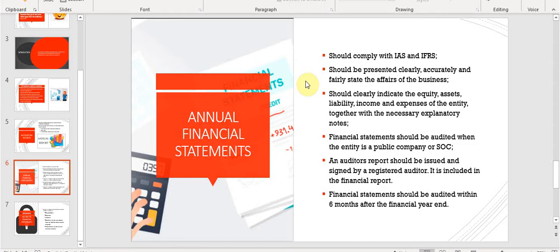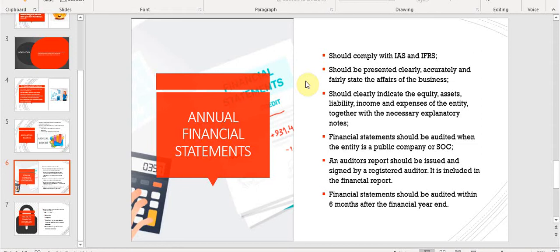If it is a private company or a personal liability company, of course, we look at those intervals. Is it less than 100 points? Is it between 100 and 350 points? Will it be more than 350 points? And if it is necessary to be audited, then you know that you need to have an auditor's report that forms part of the annual financial statements, and it should be signed off by a registered CA(SA).